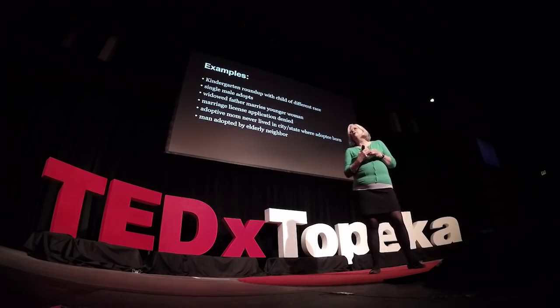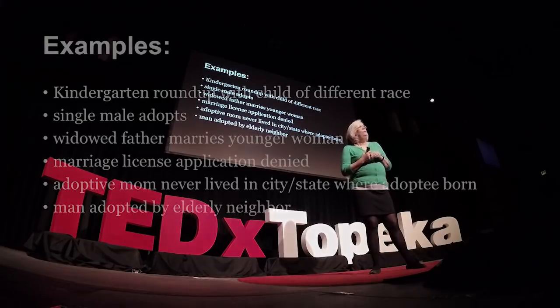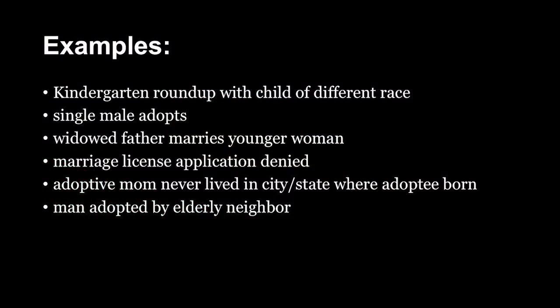So how absurd can these situations be? Well, as you can imagine, they can get really weird. For example, and these are actual examples too, two tall, blue-eyed, blonde adoptive parents went to kindergarten roundup with their child. And for those of us that are parents, this is a big deal when you can